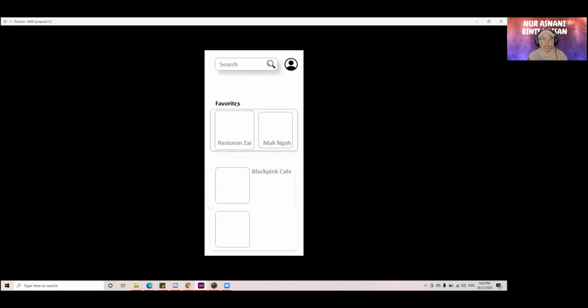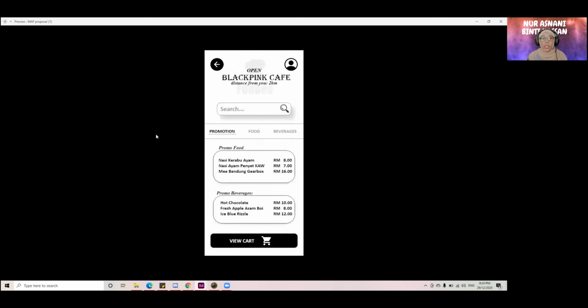On this page, the favorite or popular shops will be displayed, and the list of shops below. So if the user needs to order from the shop that they want, for example, I choose the Blackpink Cafe, then the interface for Blackpink Cafe will be displayed.